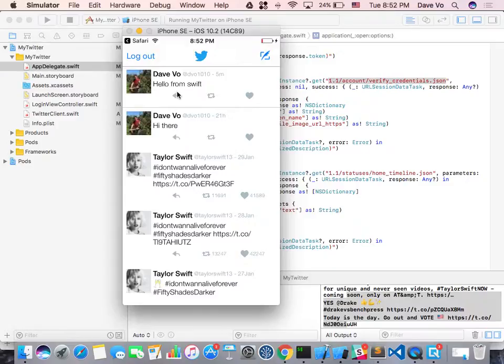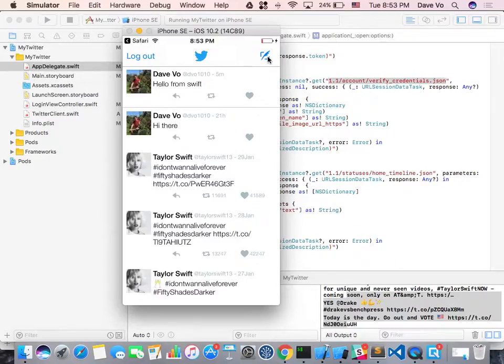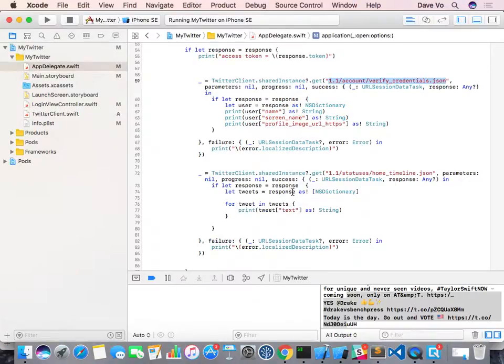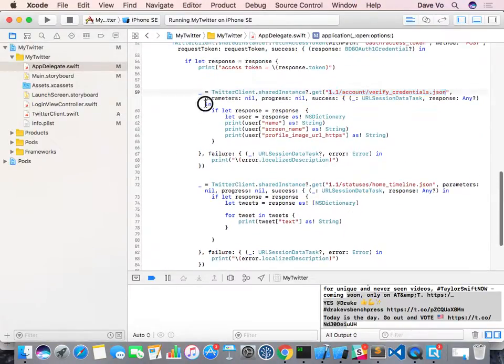Like here on the home timeline, you need to get your information, right? And then if you had a tweet, you also need to get your information again, because somehow you need to get this URL. Or when you reply to something, again you need to get your information. So it may be like multiple view controllers that want to get your information. So again, that's why you may want to move the thing inside that